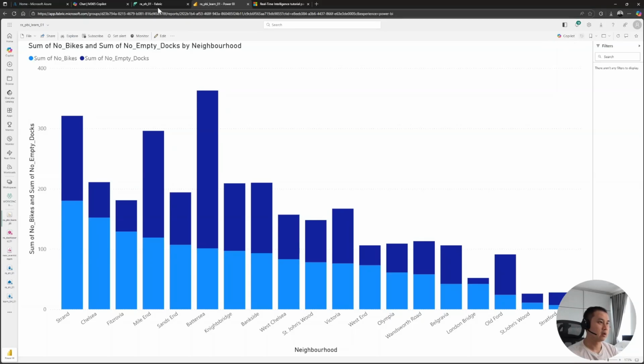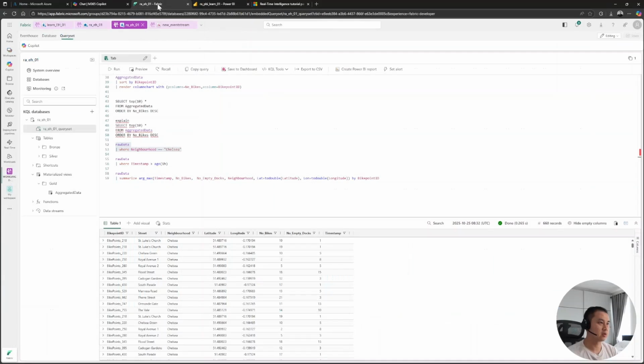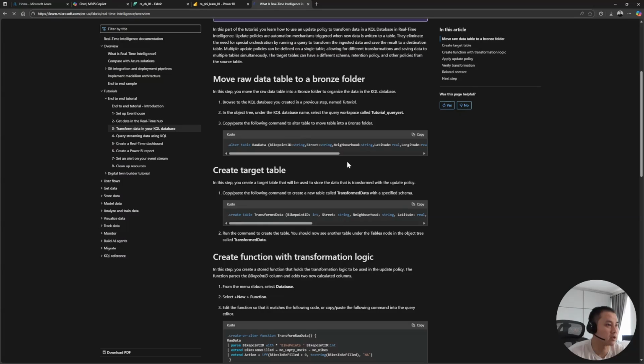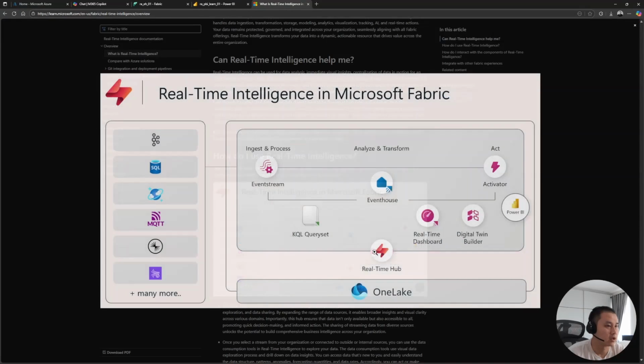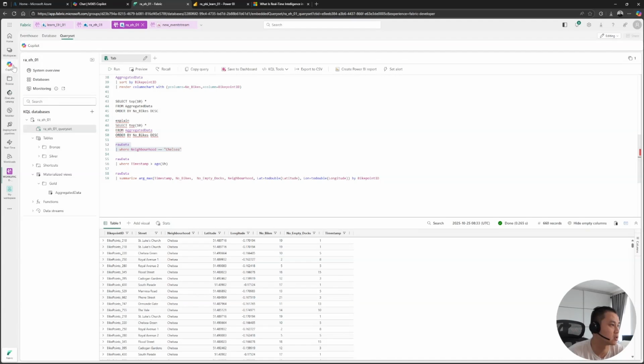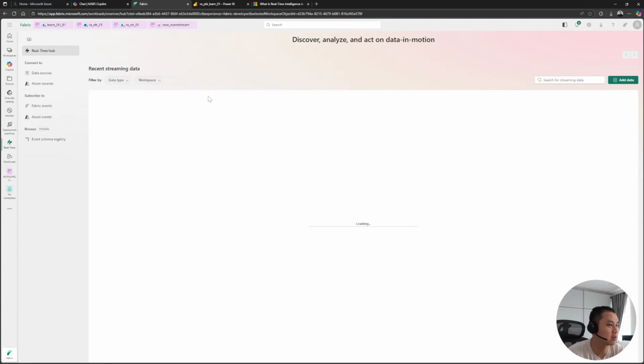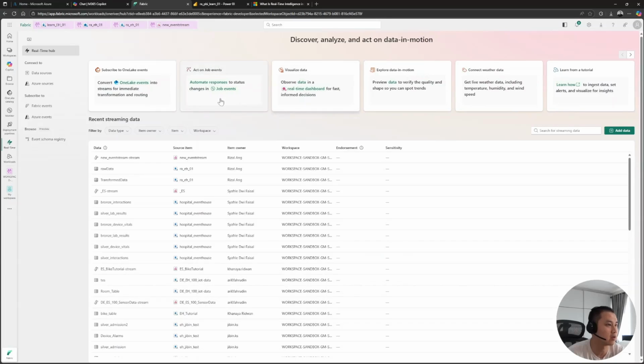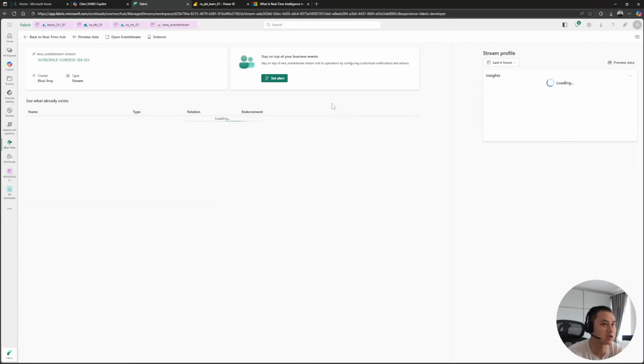Okay, now just to wrap up, in today's demo, I've shown you how to create an event stream. I've also shown how to create an event house. You go back to here. I think the last thing I haven't shown to you is the activator. So let's go to activator from the real-time hub. If I just click here and if I click on my newest event stream that I just created earlier,